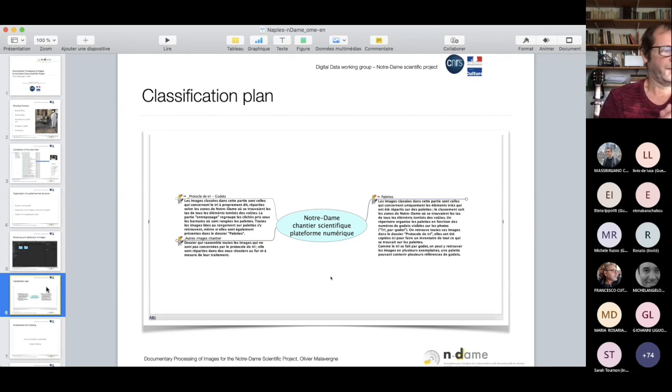The classification plan was articulated in two main parts on the left. The first is for the images of the sorting, and the second for the other photographs taken on the site. So it corresponds to thousands of photographs. The third set on the right is an extraction of images showing only the pallets, which is useful for other reasons. So on the left, in the part that we call the sorting protocol buckets section, you can find photographs